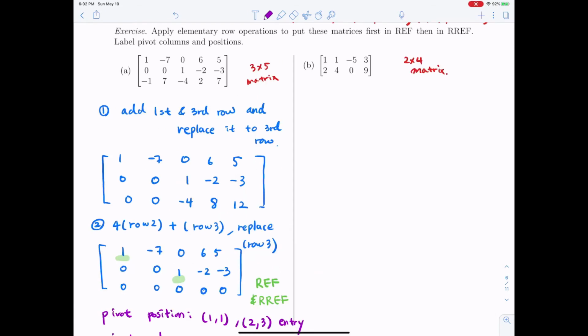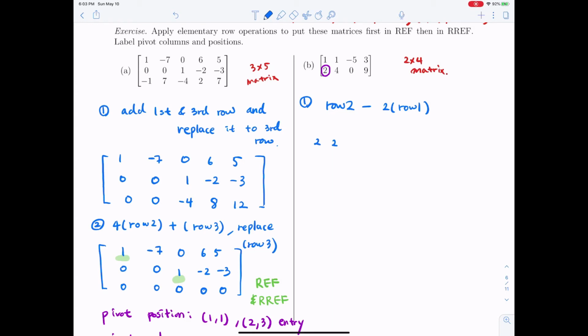Similarly, we first want to eliminate this guy first. So we want to multiply 2 on the first row, and then subtract this from the second row. So if you multiply by 2, that gives you